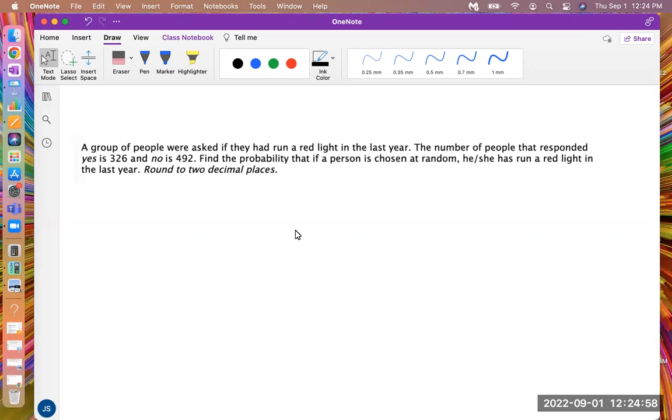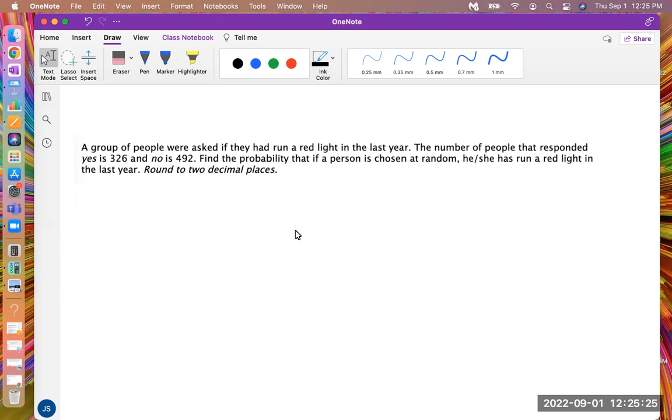A group of people were asked if they had run a red light in the last year. The number of people that responded yes, that means they ran a red light, was 326. And the people that said no, they did not run a red light, were 492. Find the probability that if a person is chosen at random from these people that were asked,